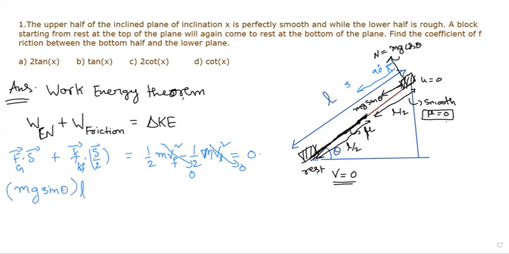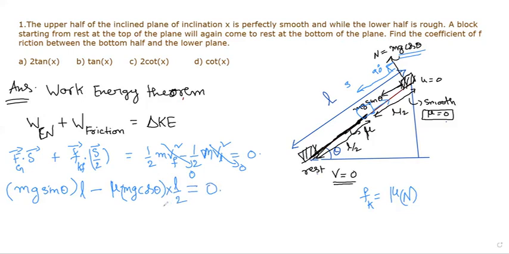L. And now the frictional force, you see the block when it comes over here, the frictional force exactly acts in the opposite direction. So you get the negative sign. Because it acts opposite to the direction of the displacement. So the kinetic friction, how do we find it? Kinetic friction, Fk, is nothing but mu times the normal reaction. The normal reaction here, we know, is mg cos theta, so it's mu mg cos theta, but it starts working from the halfway, so it is L by 2, that is equal to 0.